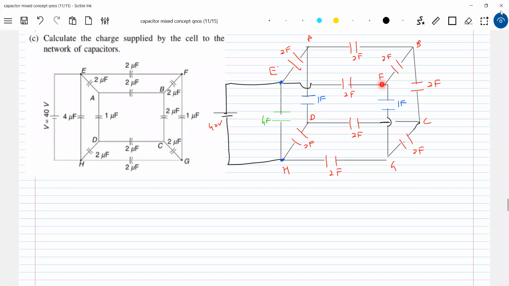Again you see that one. Here, 1 farad to the cell. Again look at this particular one. It is connected to 2 farad like this. So here also you can see that. And look at this. Here the junction A will branch out into 1 farad and 2 farad, and to B. So look at this particular thing. It will be 1 farad, 2 farad, and again it will be connected. So how to divide the charge? And from that charge division, we have to identify, is there any equipotential points? If there are equipotential points, we can redraw the circuit. Then we can work out the problem.